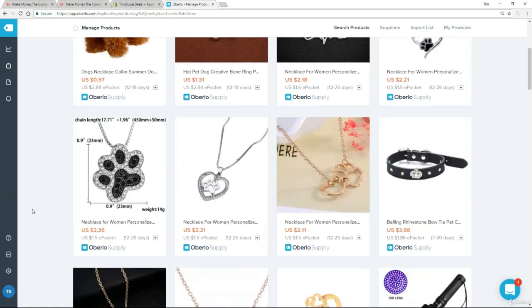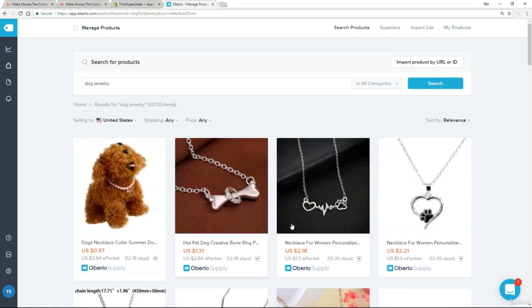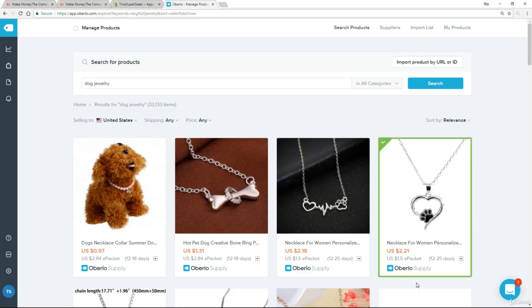But now if I want to import, this is very, very straightforward. Let's just say I was interested in this necklace. All I would do is click on Add to Import List. So I'll do that right now. What it's done is taken that product from Ali and put it into my import list. My import list, if you like, is that holding area that I was talking about. It hasn't quite gone onto our site. And I can make that even clearer by showing you what the import list looks like. So again, back over to this menu here and you'll see we've got Import List. So if I click on this,